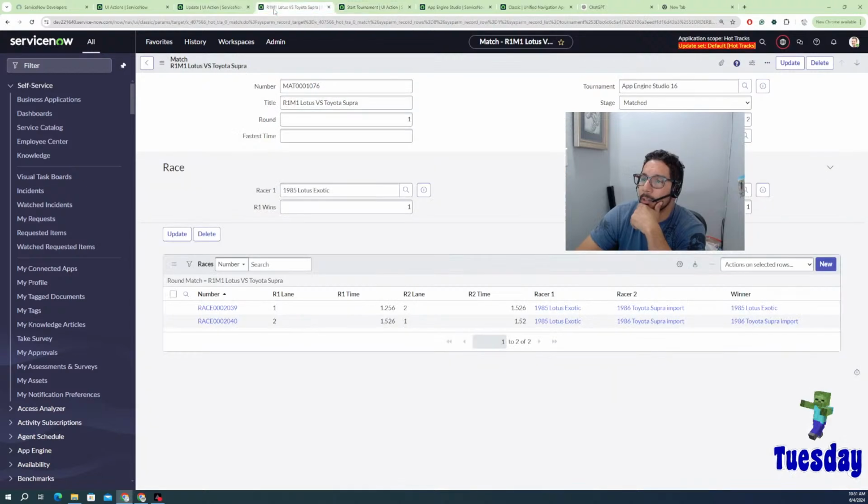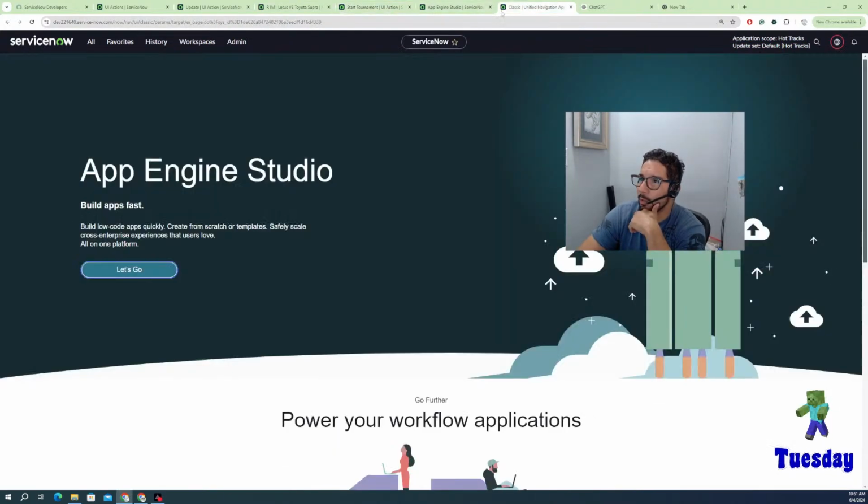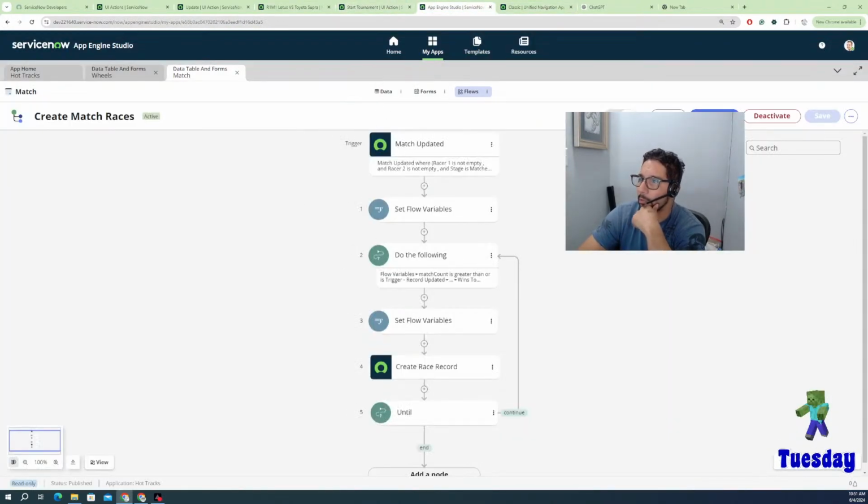So in this case, we have the stages match, right? They have 2 wins to advance. They both have one win. Okay. So if we look at our flow,